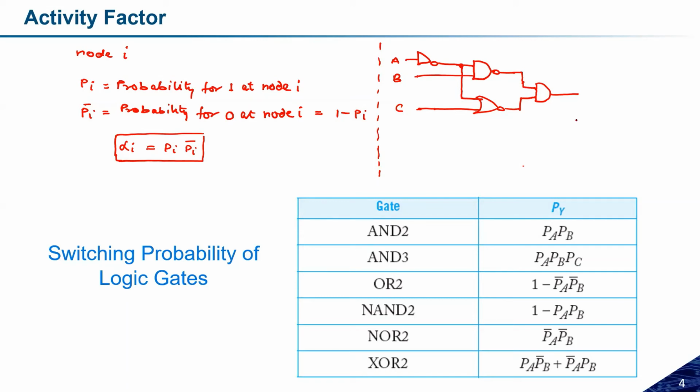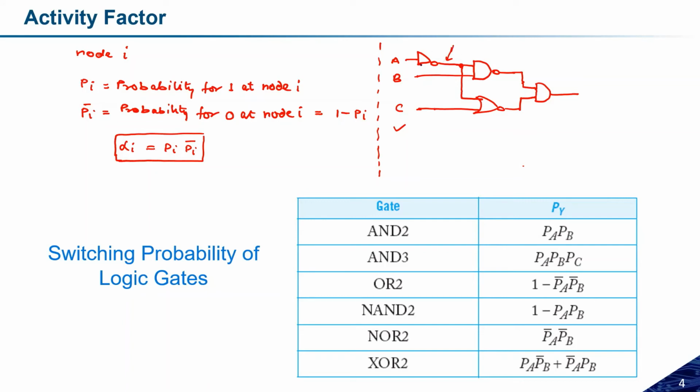So you got what I'm saying. The switching probability of any logic is really important. Let me repeat how to do that, because you know the input signal probability, the input node probability for node A, node B, and node C. Based on that, you have to calculate the output probability of the first stage, from the left hand side, the output probability of the first stage.